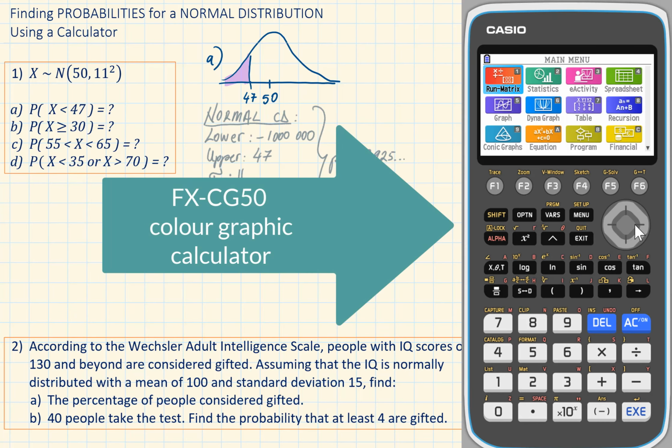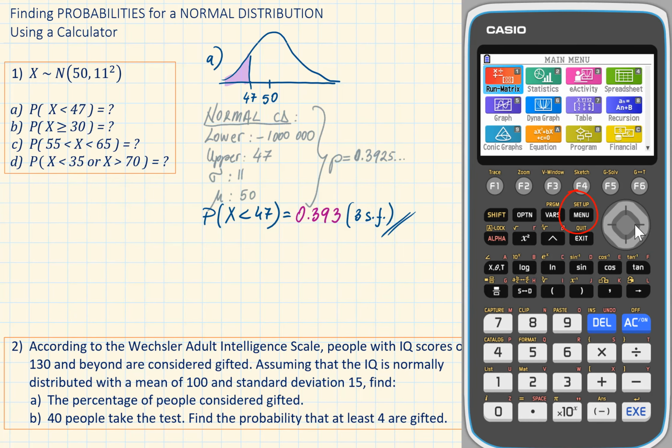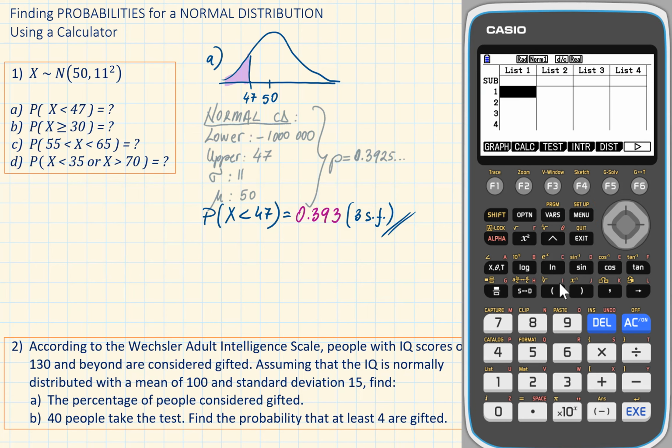On the graphical calculator, go to Menu, press 2 for statistics. Then, as you can see on the screen, on the bottom line, you've got some options. We need to go to Dist for distribution. To select this, press F5. Then on the next screen, we have to choose normal for normal distribution. So press F1. And here we need to select normal cumulative distribution. So press F2 and CD.